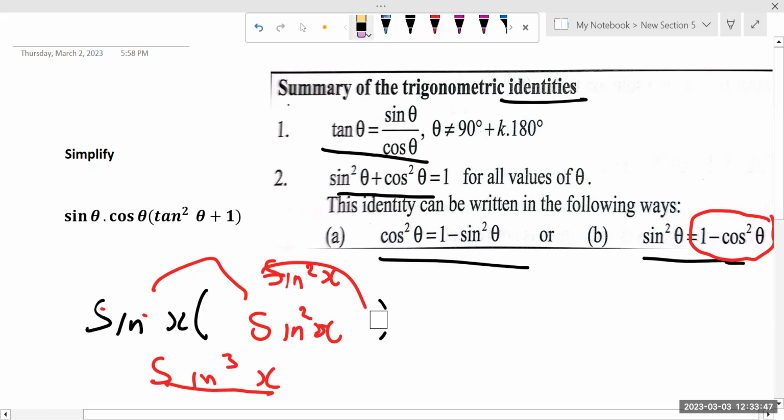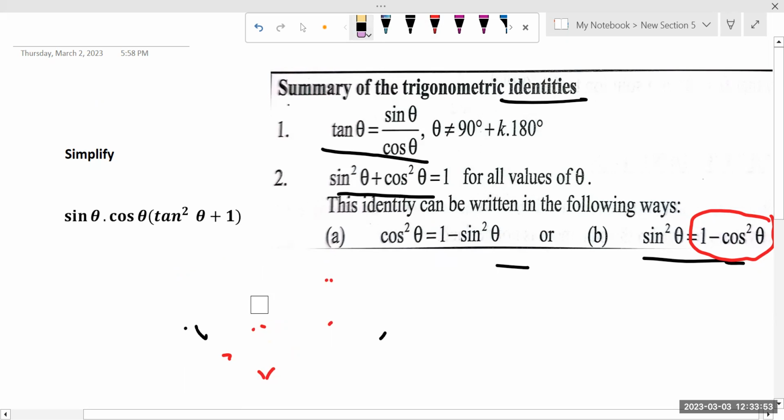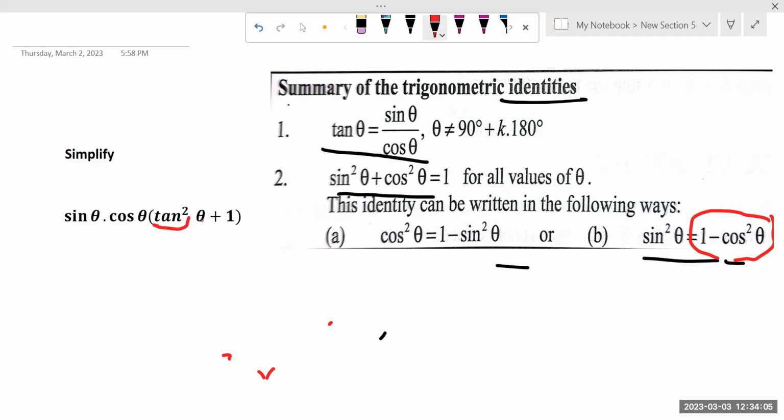Now, let's use that here. If we have the following, and they say we should simplify, let's check here. We have tan squared plus 1. We don't have that, but we do have tan squared of theta. If you have tan squared of theta, you are going to change it and make it sine squared of theta over cos squared of theta. So in other words, you will have